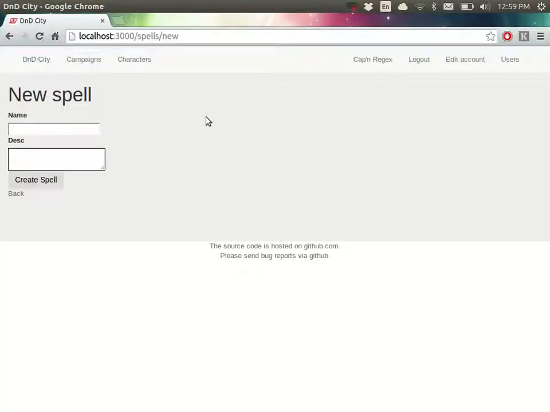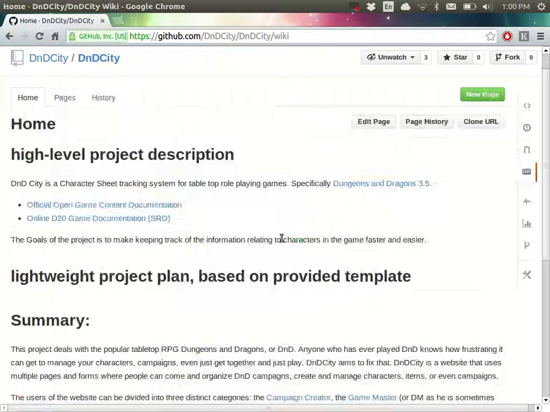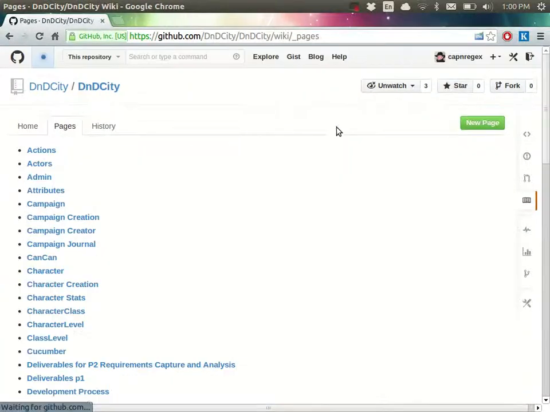In order to create a campaign, or not a campaign, a spell. Let's do one we haven't done. Feats. Okay, so first of all, I'm going to go to GitHub to our wiki, and I'm going to find the page on Feat,